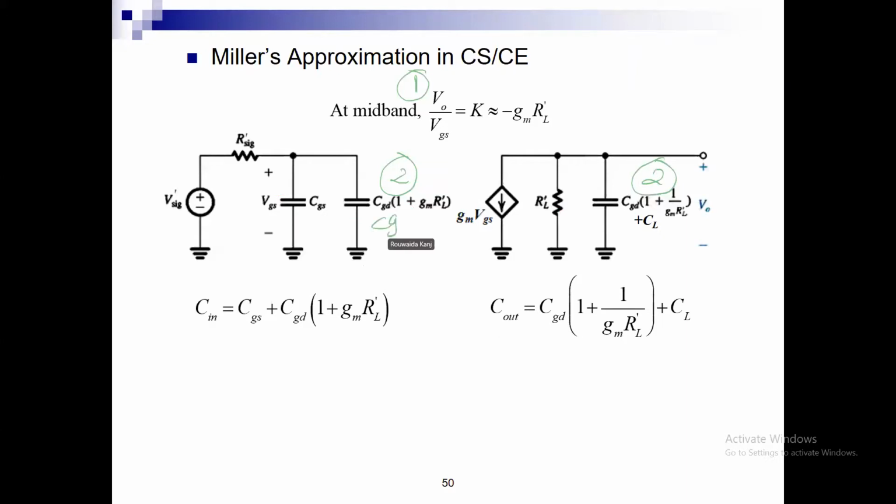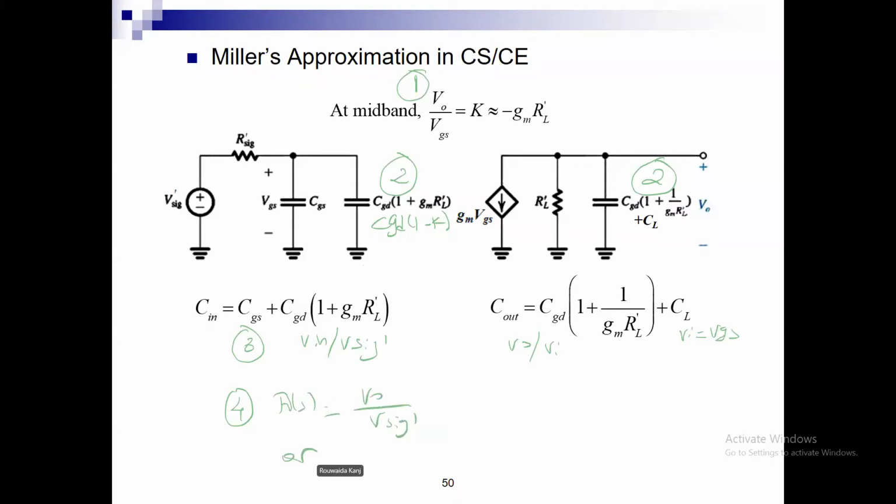This is CGD into 1 minus K. The third step, once I have this, I can find Vn over Vsig prime, and I can find VO over Vn, where Vn is my VGS. And in the fourth step I can either directly solve for A of S as VO over Vsig prime, this is option B, or option A: